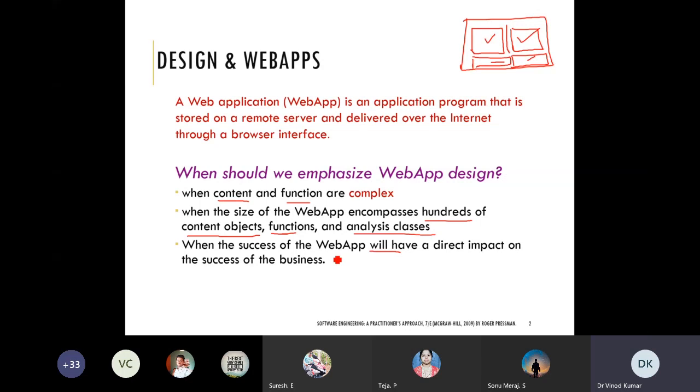Say, for example, all the business in online shopping websites is done through the websites. Amazon, Flipkart, Shopclues, so many websites are there. OLX is there, Ola, Uber is there. Your entire business depends upon this only.